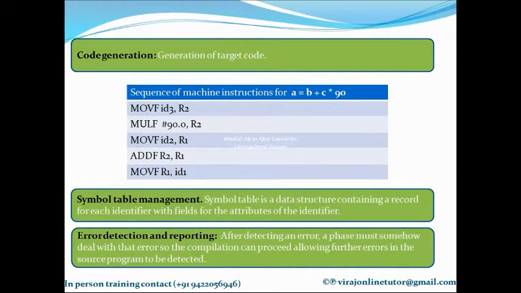Okay. The next phase is semantic analysis. Here in semantic analysis, the compiler tries to detect the constructs that have the right syntactical structure but do not have a meaning for the operation which is involved. When I explained semantic analysis, I made it clear that it deals with type checking. Like if I am multiplying two operands, then it checks whether the operands are proper. Only if operands are proper, it will go ahead. So that statement is syntactically checked by syntax analysis, but now semantic analysis will check whether the types of the operands are correct. If types are incorrect, semantic analysis will error out.